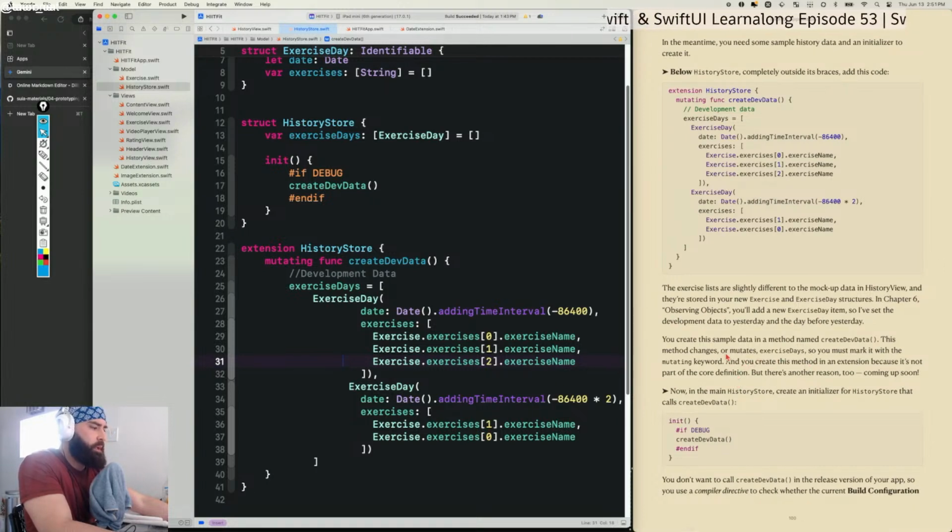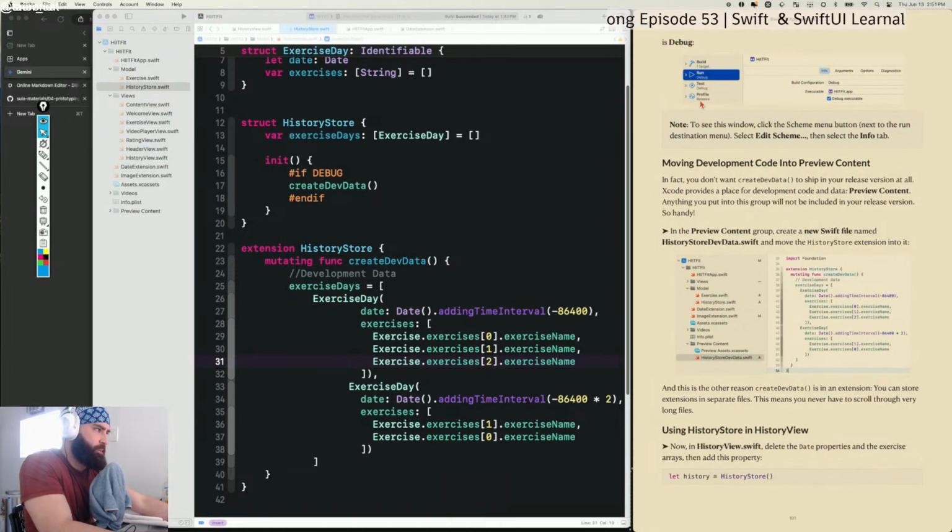That's all. All right, you don't want to call create dev data in the release version of your app. So you use a compiler directive to check whether the current build configuration is debug,